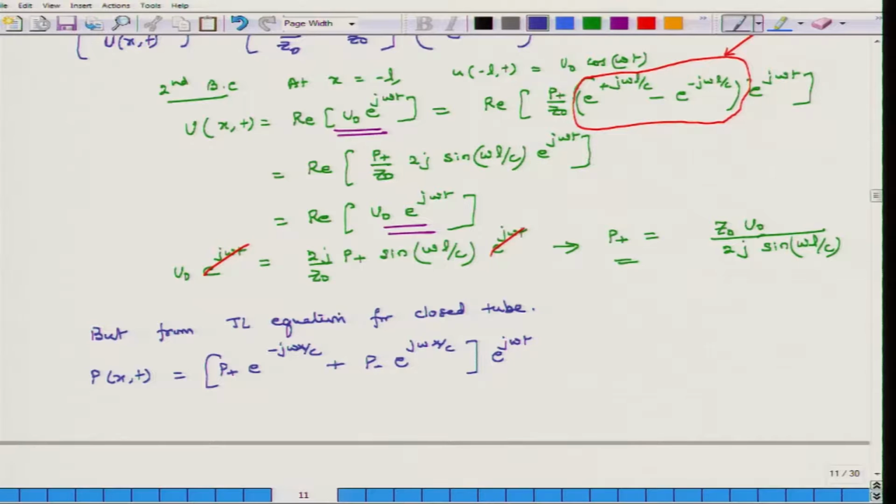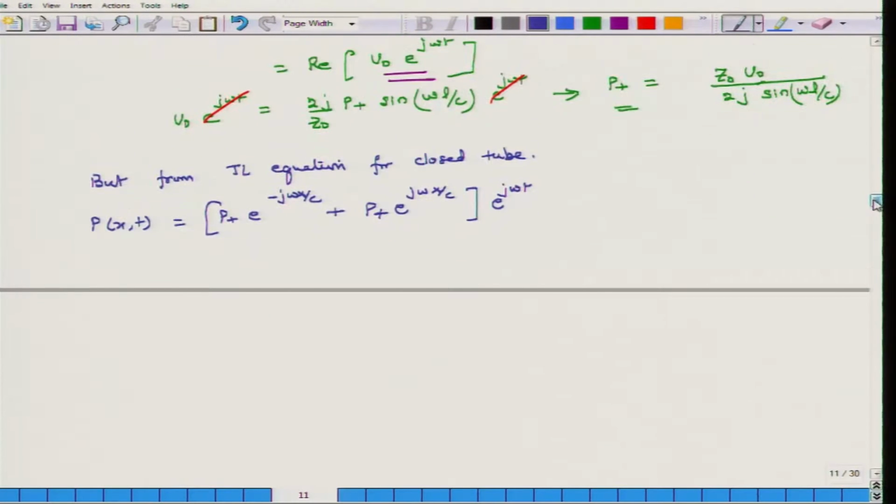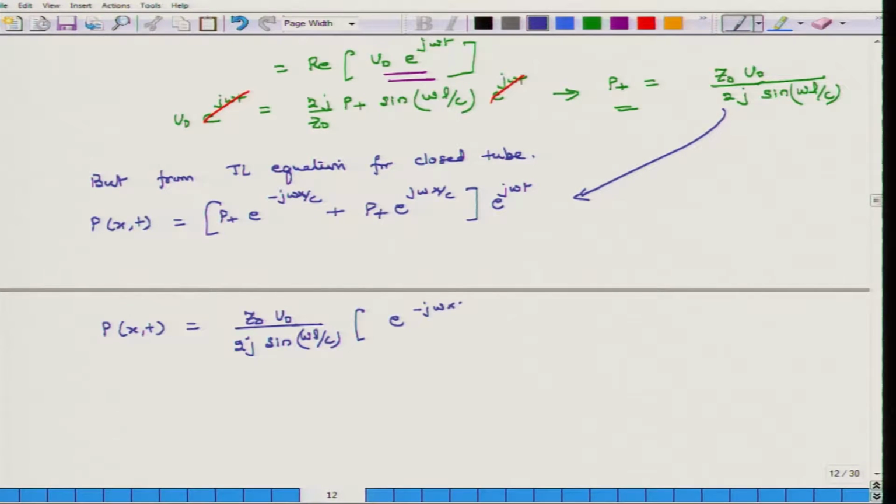But we know for a closed tube P plus equals P minus. So, I will change this to P plus. Now, what I do is I substitute this in this relation. So, I get complex pressure is equal to, and P plus is Z naught U naught divided by 2 j sin omega L over c,